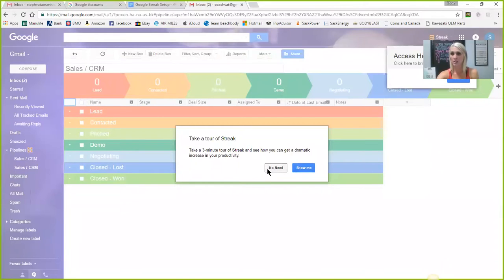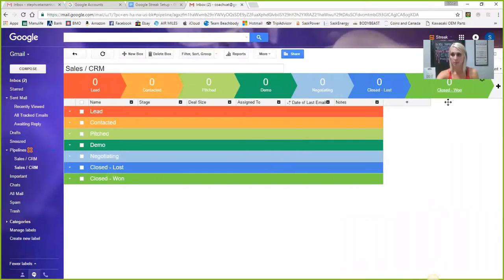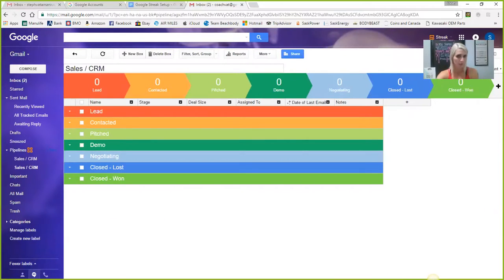Take a tour. I don't need to do that. You would probably want to if you're new to it as well. These little boxes pop up everywhere. All right, so this is just a baseline,